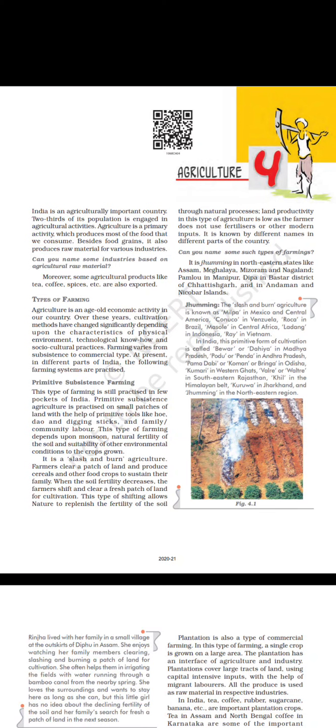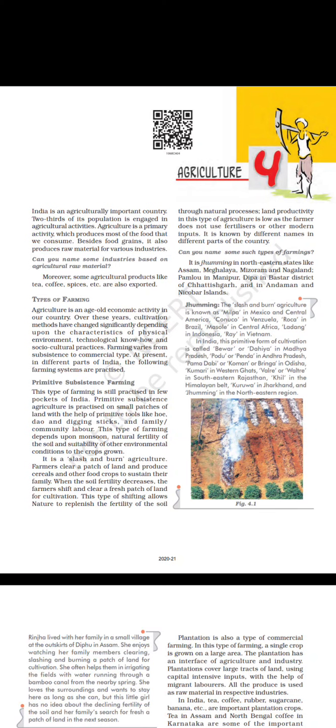Agriculture is an age old economic activity in our country. Over these years, cultivation methods have changed significantly depending upon the characteristics of physical environment, technological know-how and socio-cultural practices. Farming varies from subsistence to commercial type at present in different parts of India. The following farming systems are practiced: